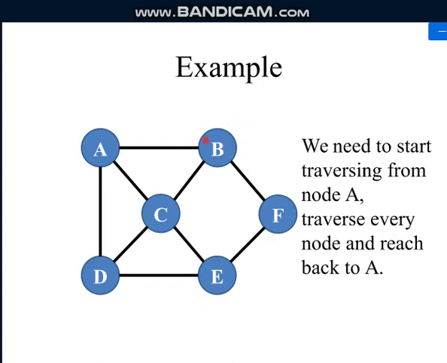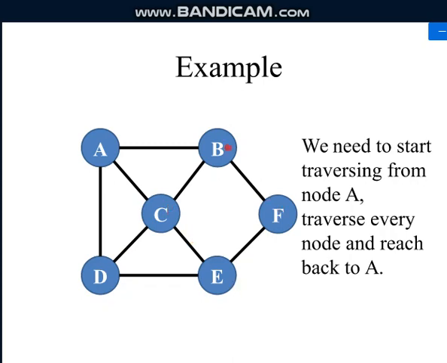So let us assume we start from B. So what I can do is I can reach from B to A, then from A to C, C to D, D to E, E to F and F to B. That also will give me the solution, isn't it? So how many different solutions can we get? There are so many different solutions that we can get, isn't it? So B to A to C, C to D, D to E, E to F. Or I can go this way, B to A to D, D to C, C to E, E to F